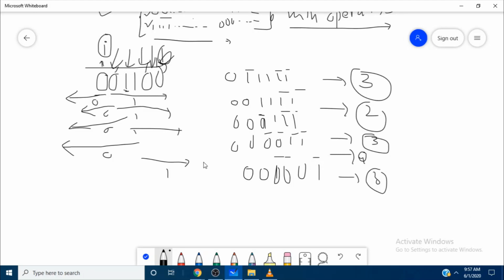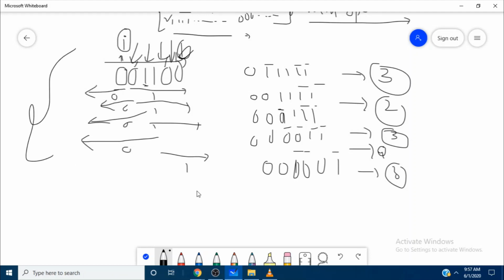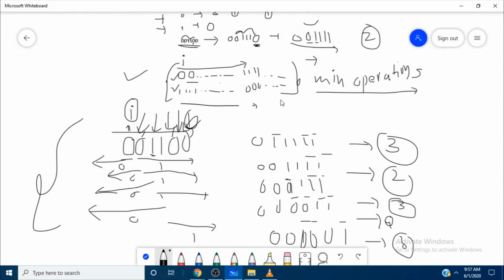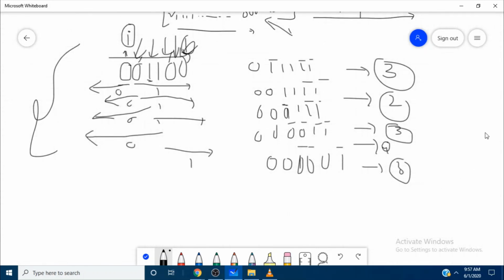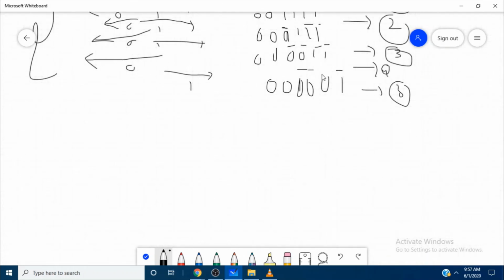So same for the same approach in order to convert to this form. Second, so we will take minimum of these two.